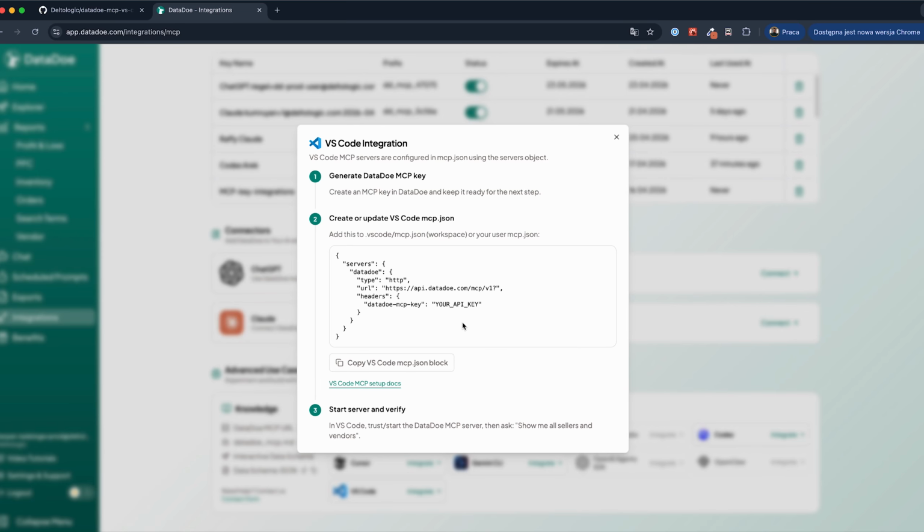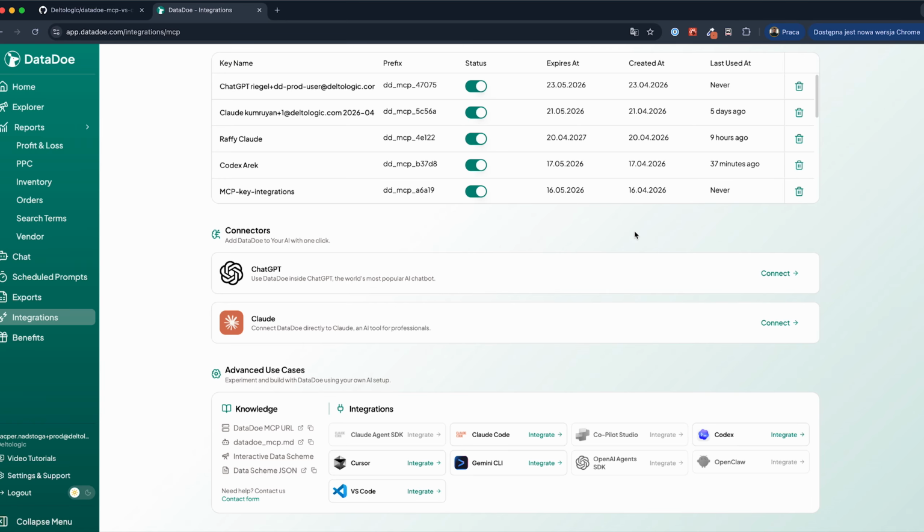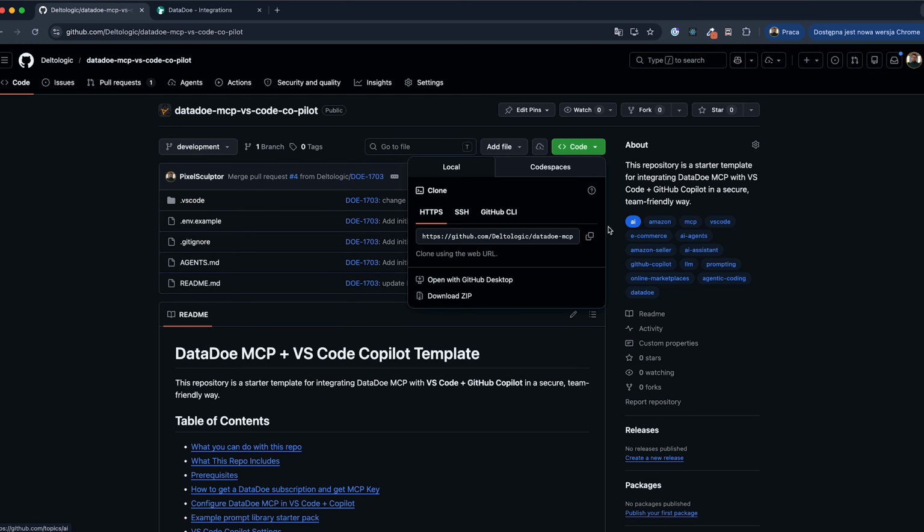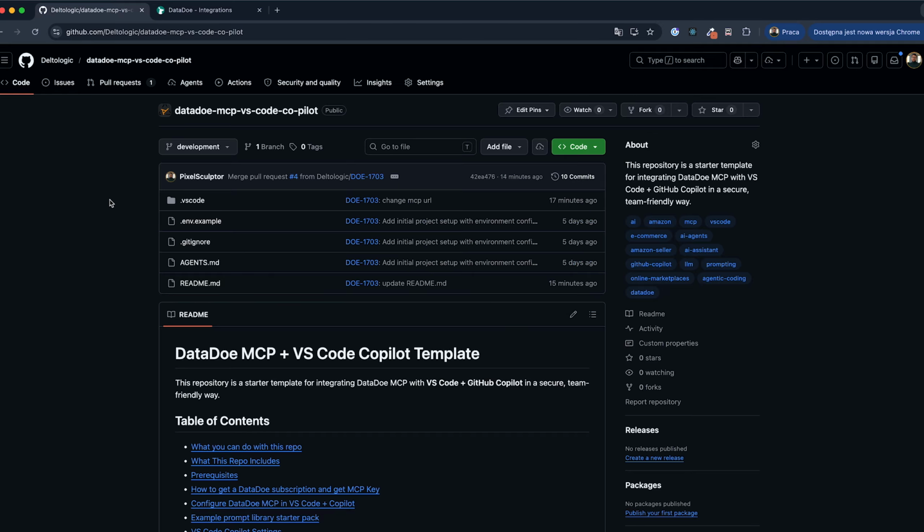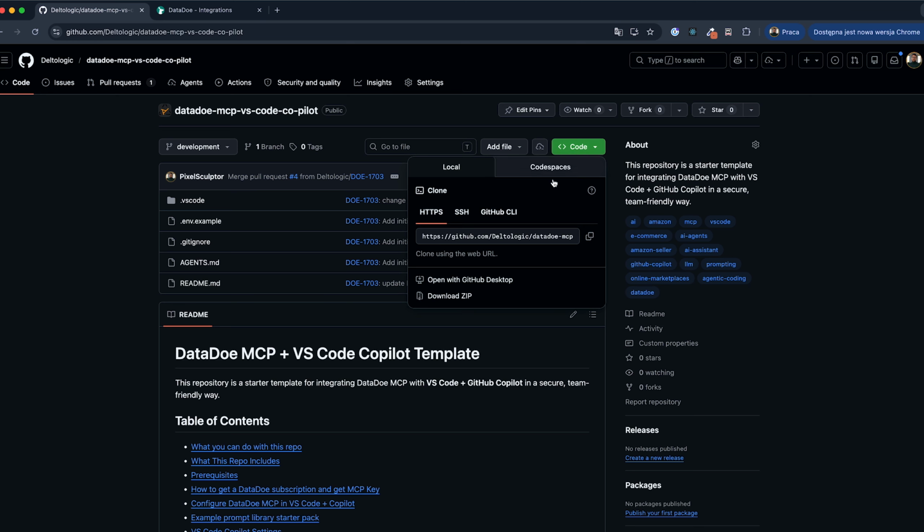The only thing you have to do is just copy this code snippet and paste it to your .vscode/mcp.json file. But today I will show you another extra solution which is much easier than this. So you can go to our GitHub channel, and here there is a dedicated project repository template, DataDoe MCP VS Code Copilot. So you can go here and click Code and copy